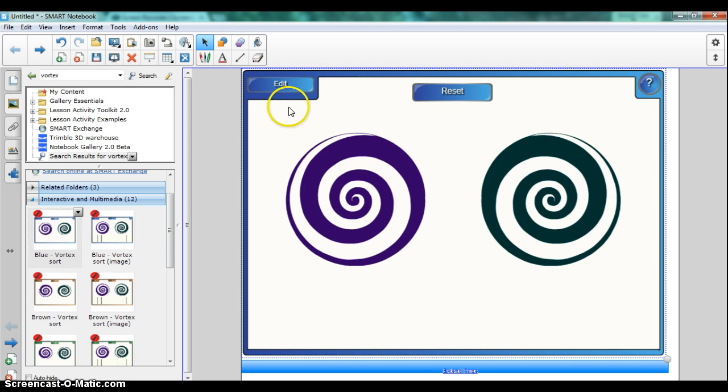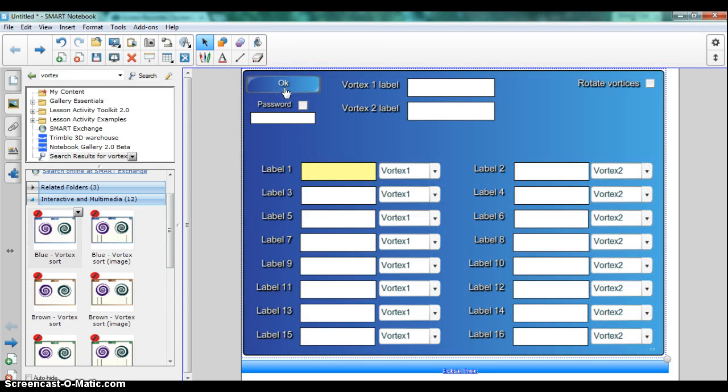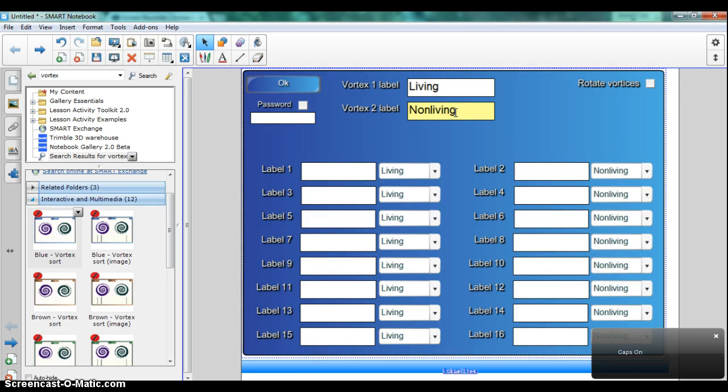What you want to do is you want to click Edit. Within Edit, you can do a lot of different things. If you want your vortexes labeled, you can enter them up here. We're going to do one on living and non-living. So I'm going to label my vortexes living and non-living. And what you will notice is as I put those into the labels